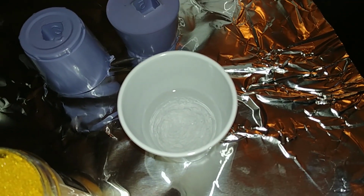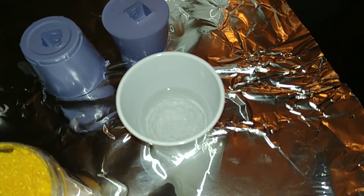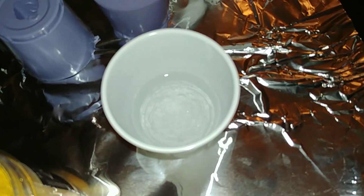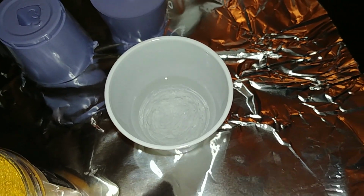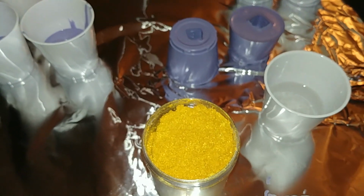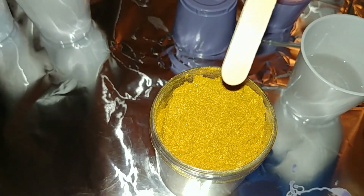Okay, so I've already poured the 2-part epoxy together. It was just too hard to do and it was clear. You didn't really get a good shot. And I'm using the flash because if not, you can't even see the liquid, right? So now we have our amazingly shiny gold pigment, which we're going to add, and supposedly